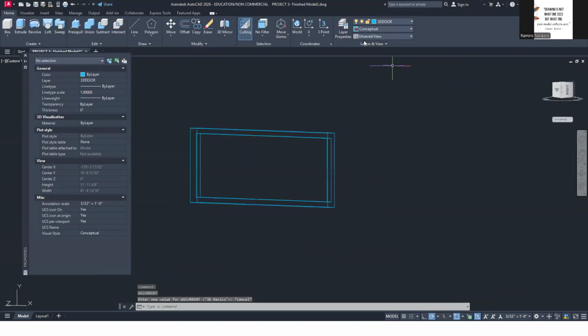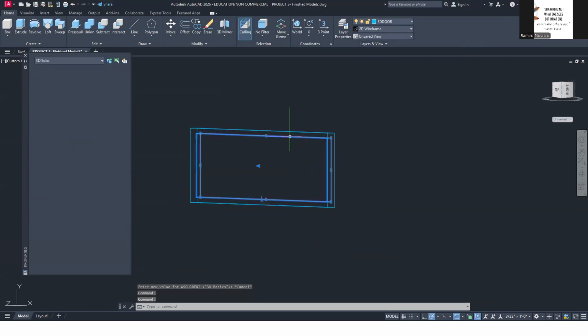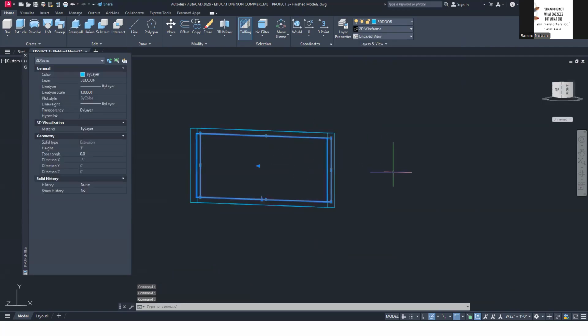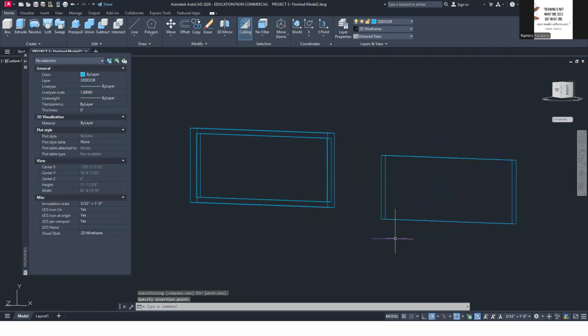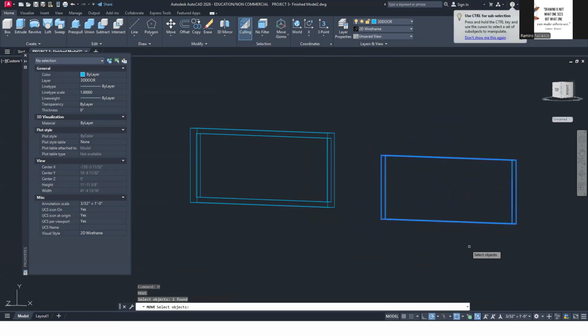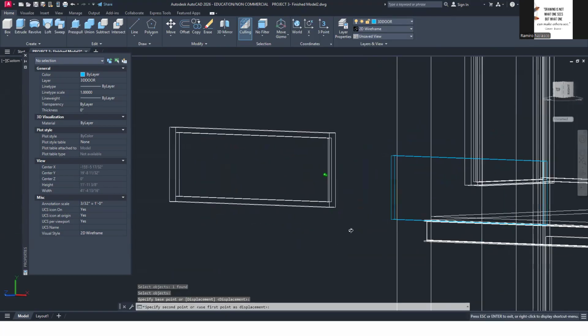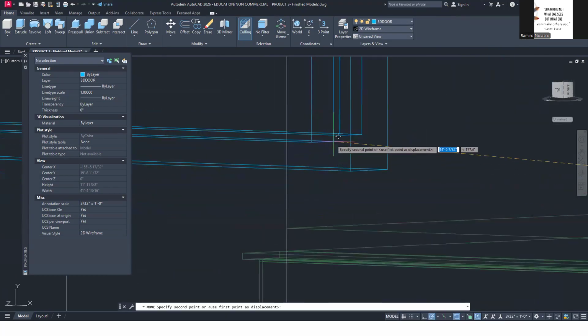So let's go to wireframe. So I need a copy of this. So I'm just going to say Control C and then Control V. Okay. I need a copy of this. And I'm going to move this from here to somewhere there.